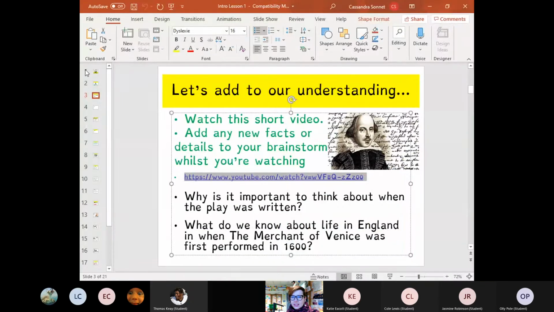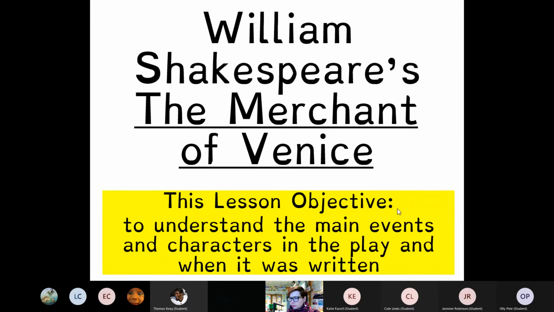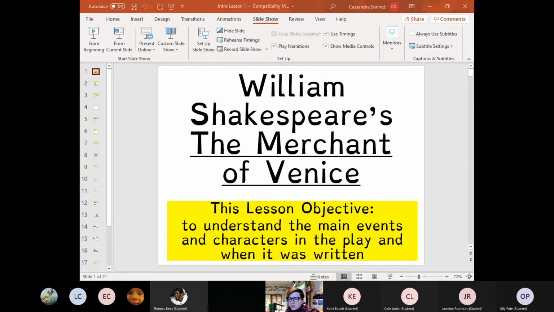Can everybody see this at home? Slideshow. Right, Merchant of Venice. Merchant of Venice. If you're in it, can you just open up your books? Can everyone see that at home? Can you just give me a yes if you can? Yep, so you can all see that. Can you also all still see me? Who else is here? Yep.